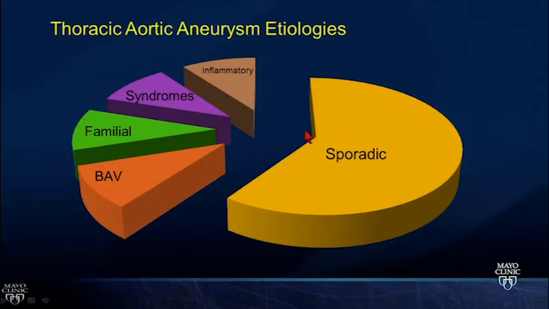Now, so now you're with the patient, and how do you figure out what they have, knowing that? Well, if the patient is older and has vascular risk factors, a lot of times they're going to be in this category here, and they're not going to be in an inherited category like we see over here. Some of those older people will have giant cell arteritis, and that's the predominant inflammatory disorder you're going to see